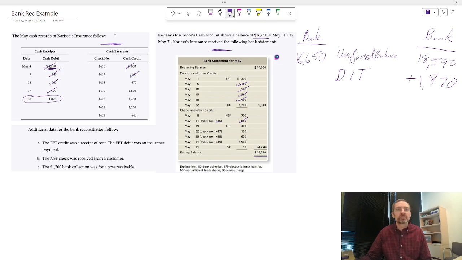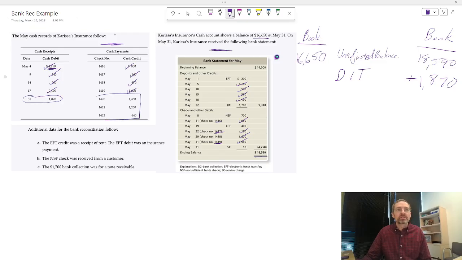I have this $160 check that matches the check number and the amount. 670 right there. I have check 1419 for 1690. Hey, I have check 1419 right here as well. So I'll check those two off. I am missing, though,